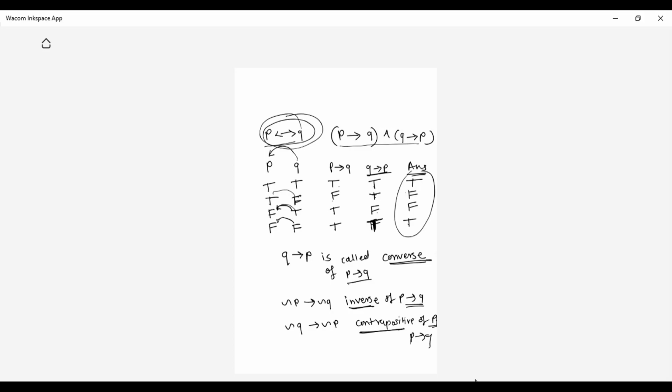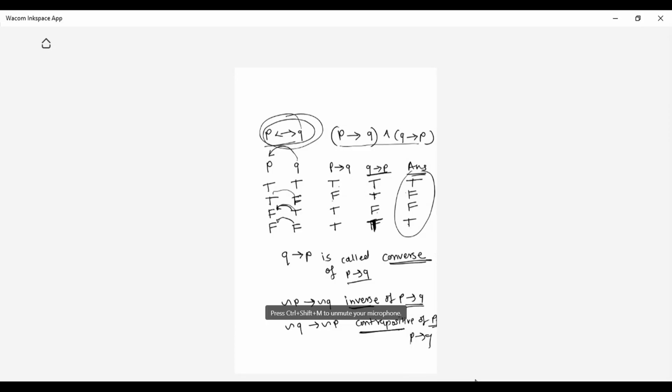I'll repeat it again. Whenever they ask, write down the converse of the given statement, write down the inverse of the given statement, write down the contrapositive of the given statement, first we need to convert the English statement into the symbolic form, and then with respect to those symbols, we need to find converse, inverse, and contrapositive.